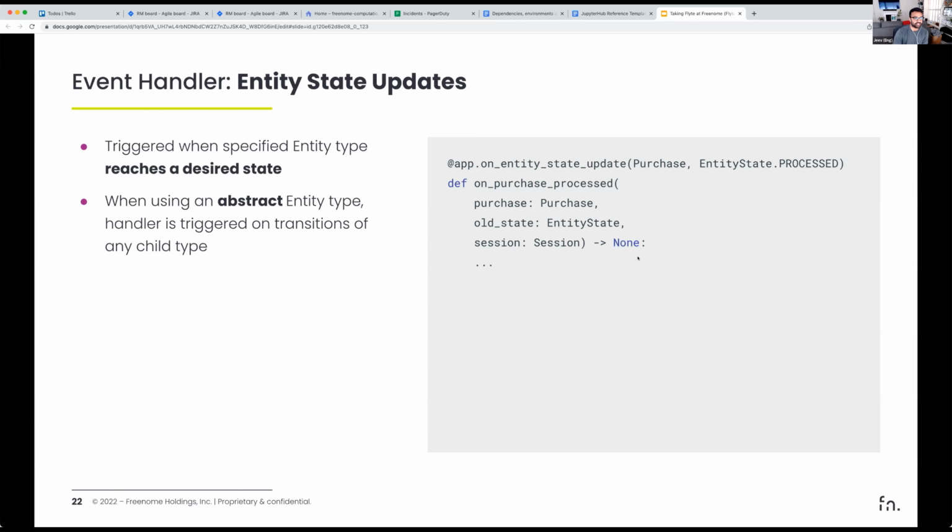So the reason why we built this, right? I think this is my last slide. I want to leave some time at the end for questions, but the reason why we built this was because